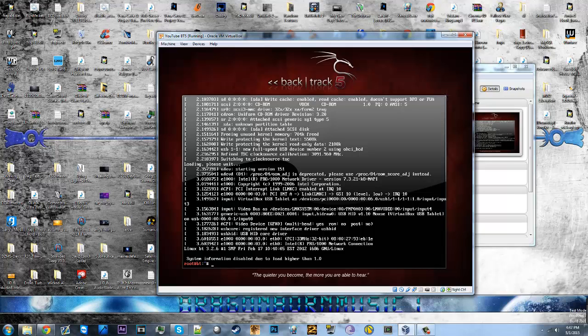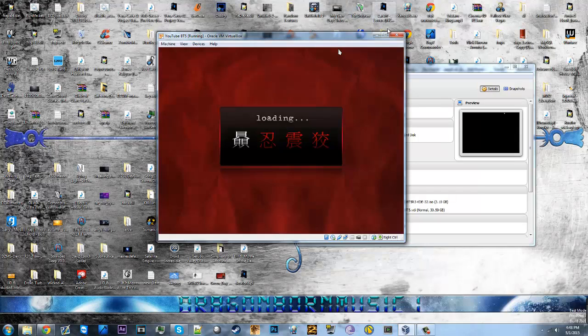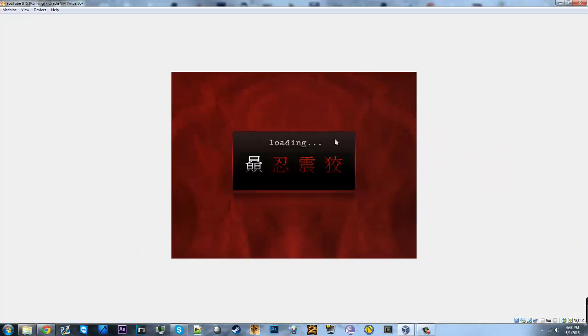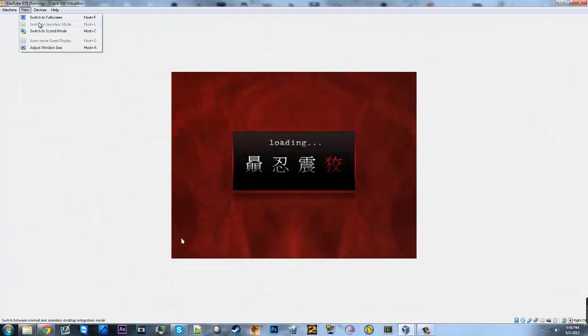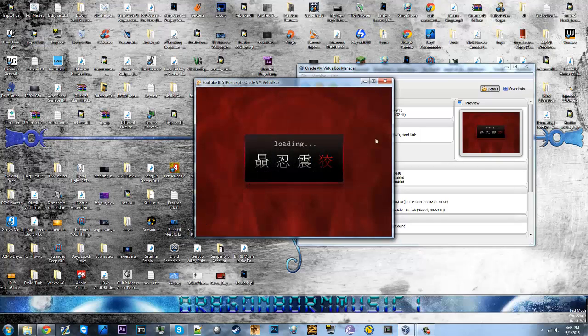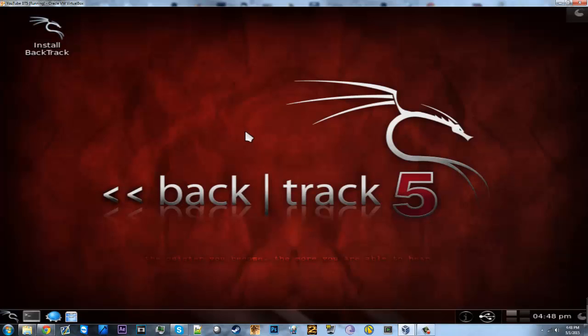Alright, when you get to this part down here, what you're going to do is you're going to type in startx, enter. And that should start the Backtrack 5 portion of this. Fairly simple. Let's switch this to full screen. Well, let's not switch this to full screen. Get this up. I'm actually pretty sure you guys can't see that. Scale mode. Alright. And as you can see, Backtrack is loaded up here, and you can use the console, whatever you want